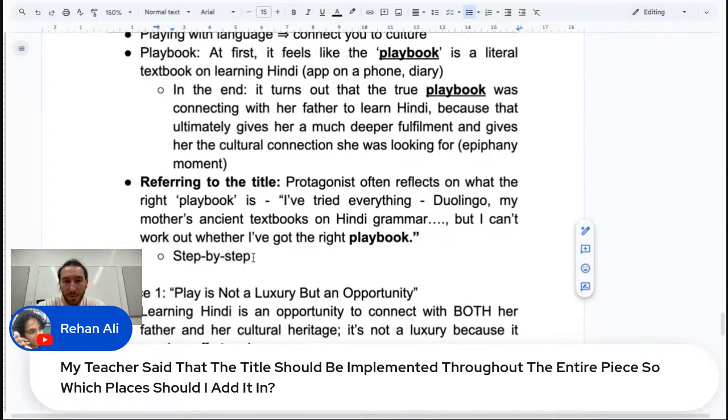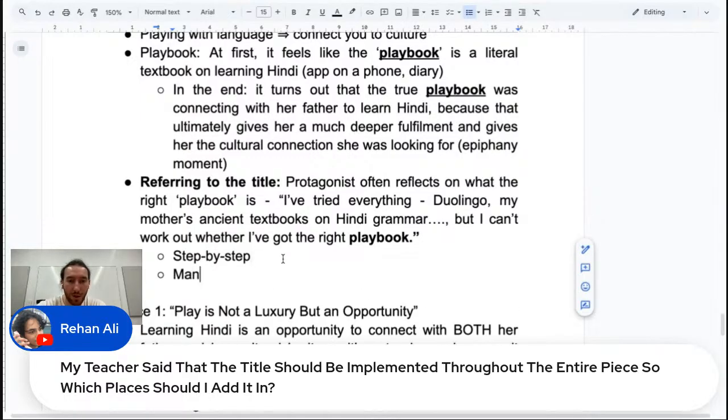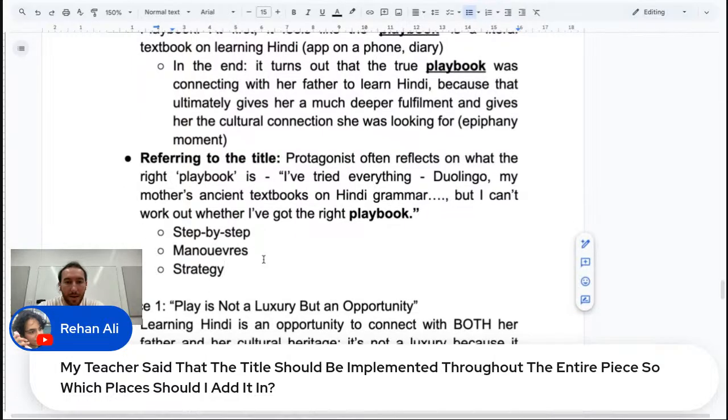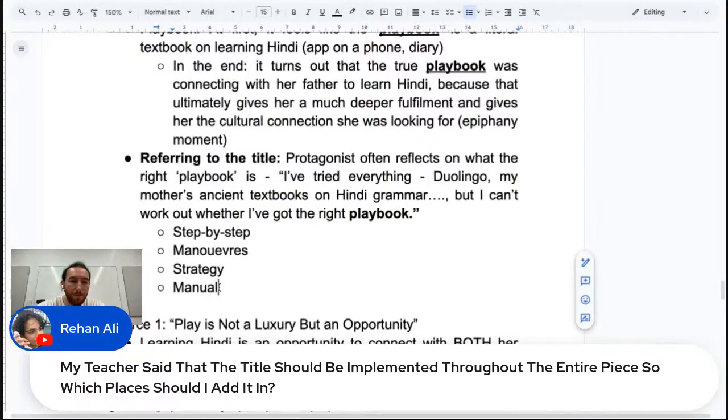I'm trying all these different steps, maneuvers. When you talk about a playbook, you're talking about strategy. So all of these things are coming to mind. That's what a playbook is. It's like a manual. So I would basically brainstorm a few of these terms and try and use those alongside the actual word playbook, so that you're not getting repetitive and just saying playbook, playbook, playbook.